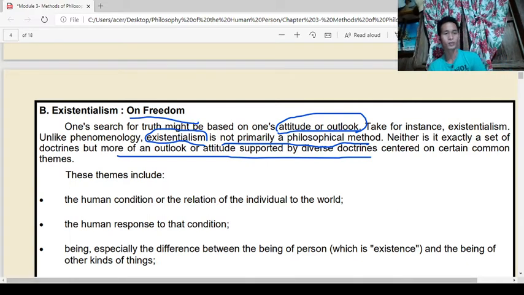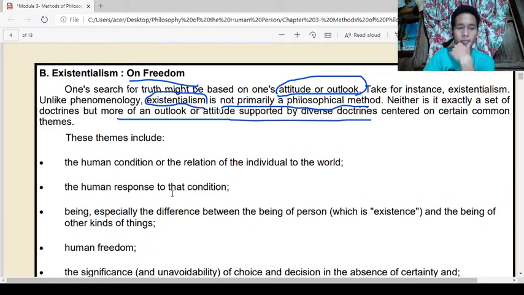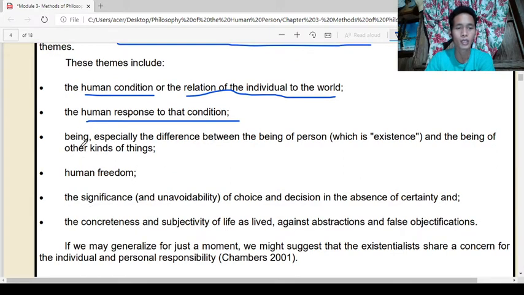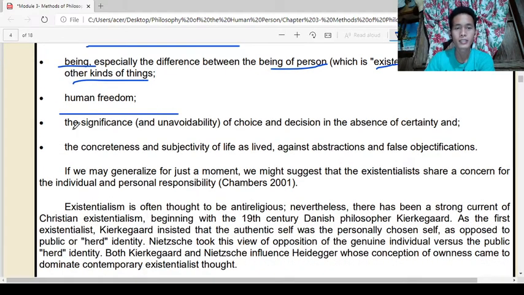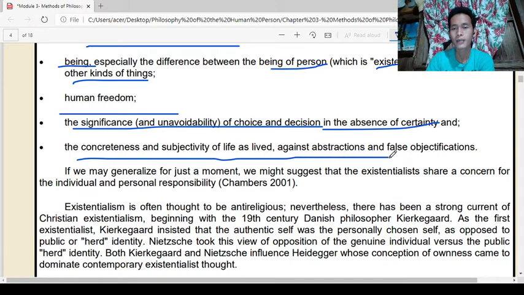So what are the themes, 'di ba? Diverse doctrines centered on certain common themes. These themes include human condition, or the relation of the individual to the world. So existentialism is more on emphasizing human condition, 'di ba? What is our condition as human? What is your relation, 'di ba, to the world? Human response to that condition, human being itself, especially the difference between the being of person, which is the existence, and the being of other kinds of things. Human freedom, significance of choice and decision in absence of certainty, and the concreteness and subjectivity of life as lived against abstraction and false